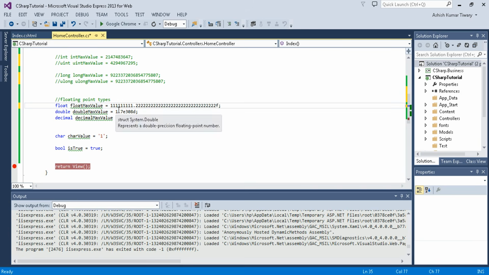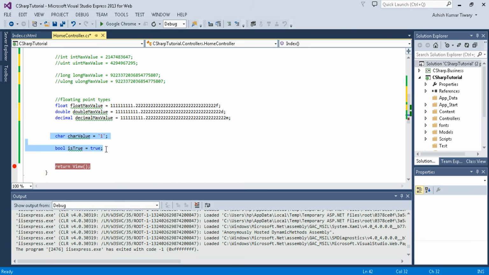See, and the same value I will store into this and this. Okay, and let me comment this char and bool. Okay, we want to check out the differences.